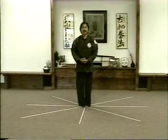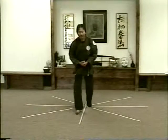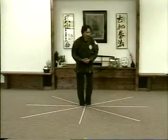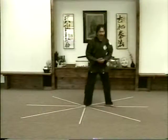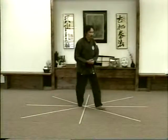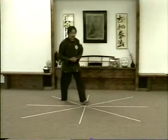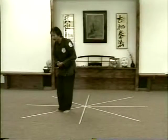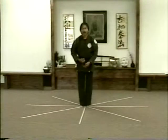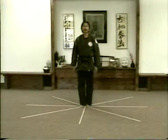We'll go through this again from here. Angle 1, you get each, and then back. Knee, and then back. San, Shi, Go, Rok, Sich, Hach. All right, very simple, very basic, but this is going to be one of your more important forms that